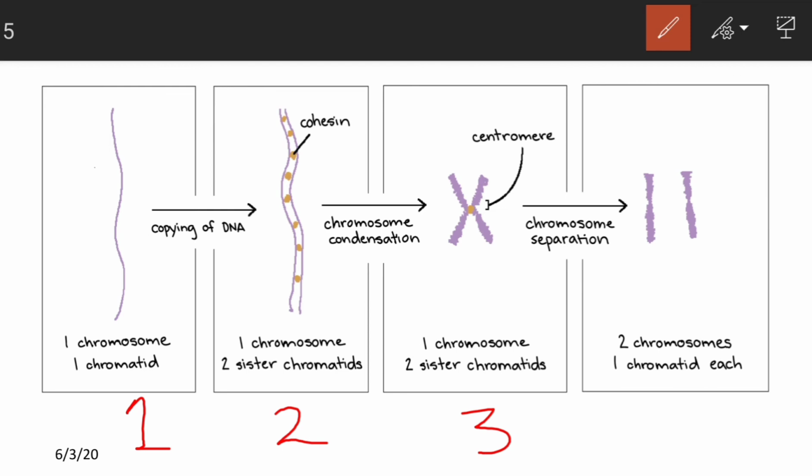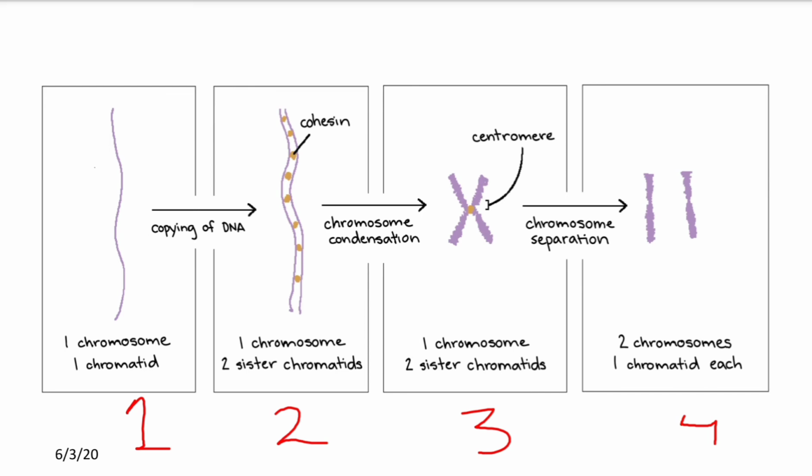And in the last picture, there are two chromosomes with one chromatid each, and this structure can be seen after the cell division. So this is how we can differentiate a chromosome and a chromatid. Once again, what is a chromatid? A chromatid is one half of the duplicated chromosome.